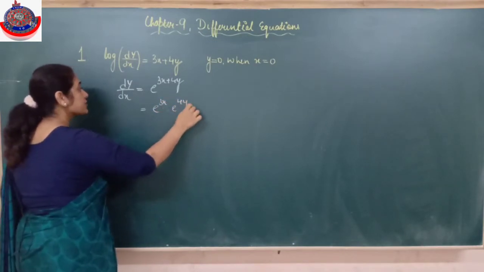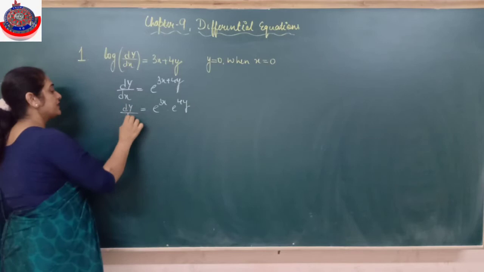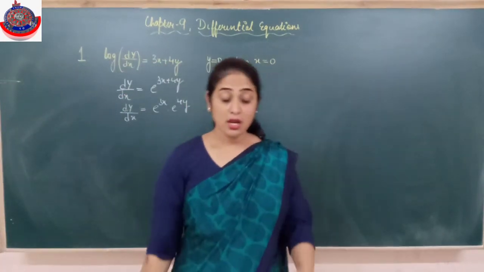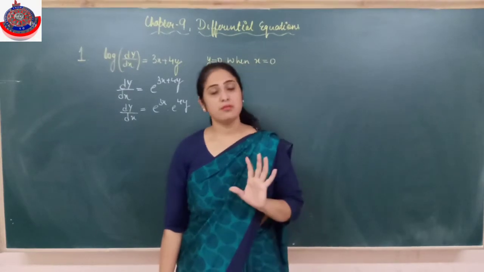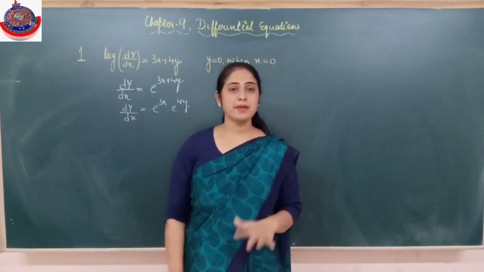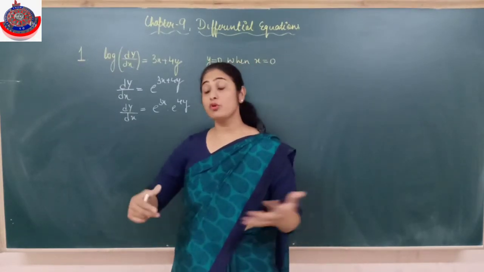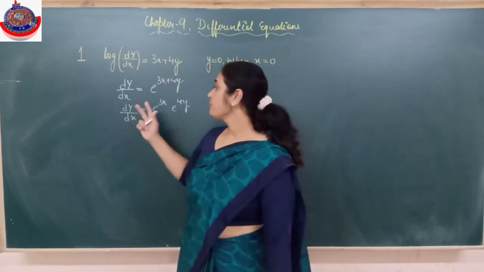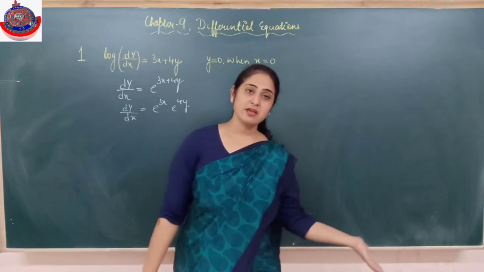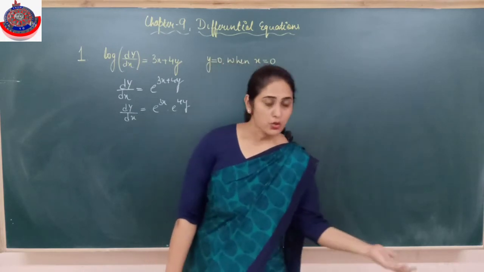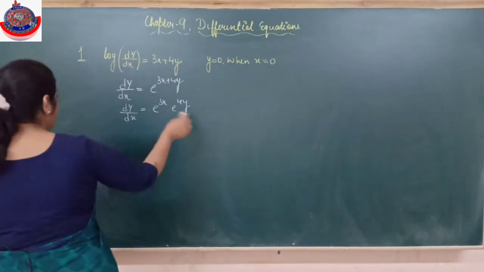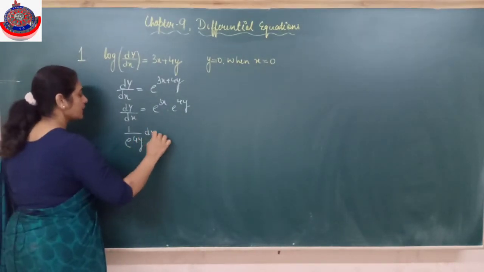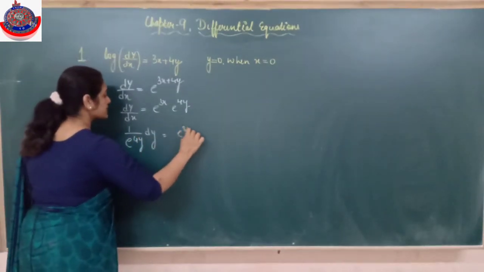Now I can segregate. See children, one thing you need to keep in mind, there is no need to think about homogeneous and linear equation first. Before that there is one more step, variable separable. If in the question the variables are separating easily, then there is no need to think about anything else. Alright, directly I will segregate the variables and I will solve the question. So here there is no problem. The e to the power y term will come with dy. Dx will go with the x terms.